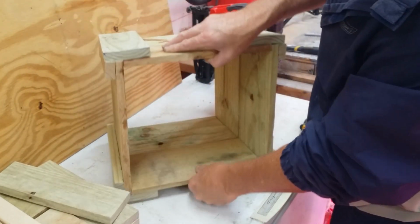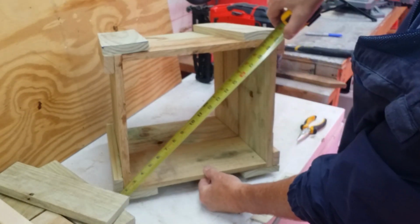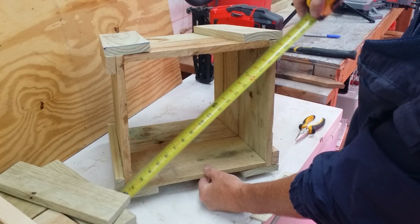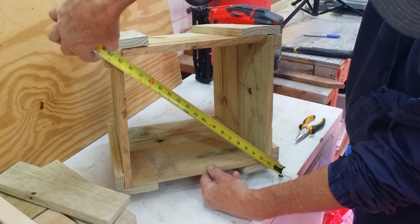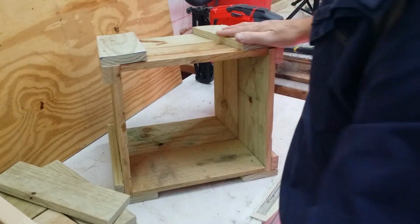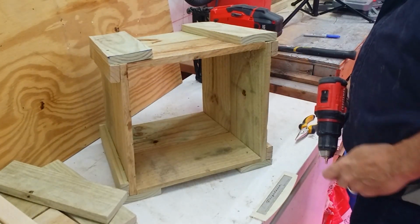You kind of just want to check it for square by measuring corner to corner, outside corner to outside corner. From here to here, just under 21. And from here to here, just under 21. Okay? So it's square now. You notice it's still kind of flimsy. So now what we're going to do,